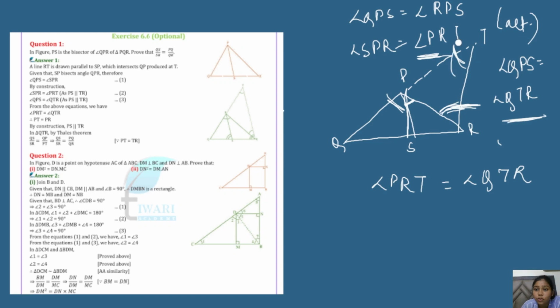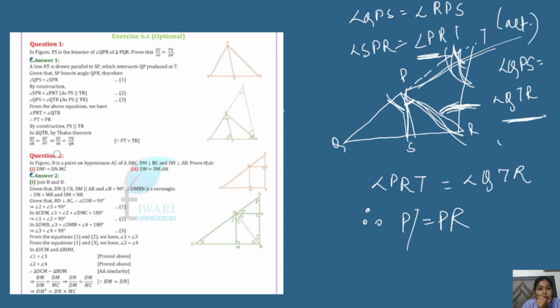Since both of these angles are equal, by the isosceles angle theorem both of these sides will be equal. It means PT will be equal to PR. Right, this means PT is equal to PR by the isosceles angle theorem. Since PS is already parallel to TR and PT is equal to PR now,